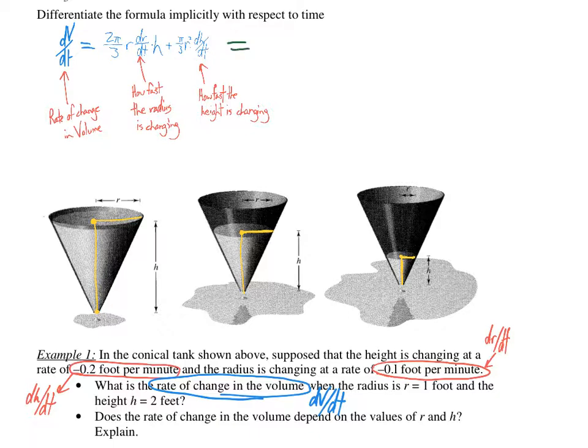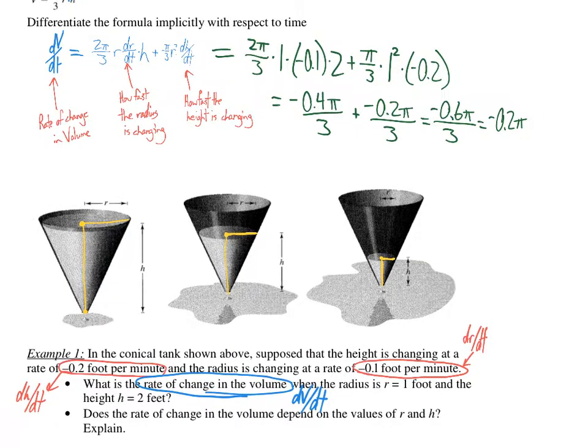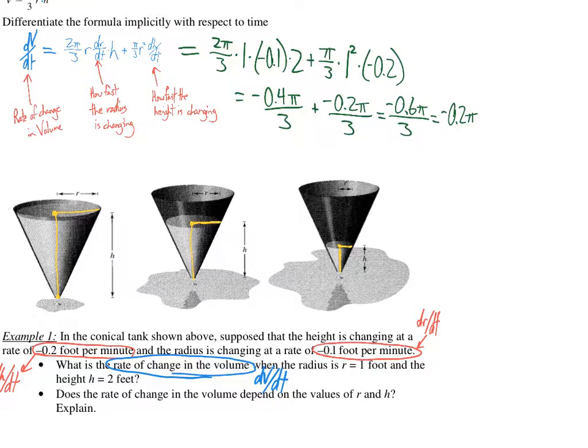Plug it in here. 2 pi over 3 times the radius times dr dt times the height plus pi over 3 times the radius squared times dh dt. Okay, so we get negative 0.2 pi,